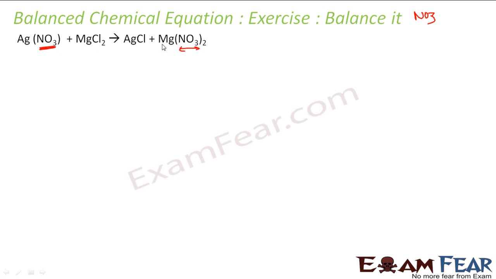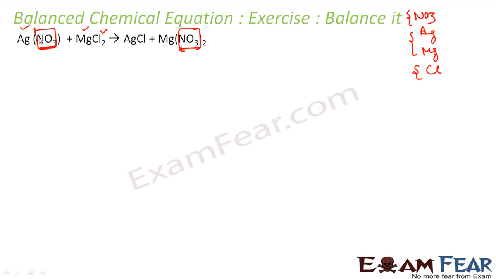Why? Because this NO3 is there in both reactant and product, and it is a polyatomic thing. Second thing, let's check for any metal. Yes, we have two metals, Ag and Mg. So let's write Ag and Mg here. You can write Mg, Ag also, it doesn't matter. So these are two metals. This is my polyatomic thing. And is there any non-metal? Yes, we have chlorine here. So chlorine is the last. Any other thing? No, because this oxygen is covered as part of NO3. So we consider this as 1 unit. That's all we have.